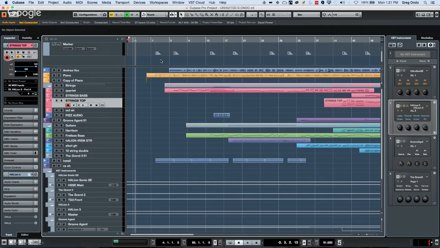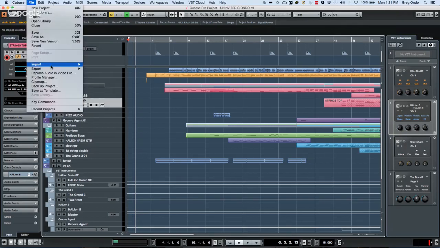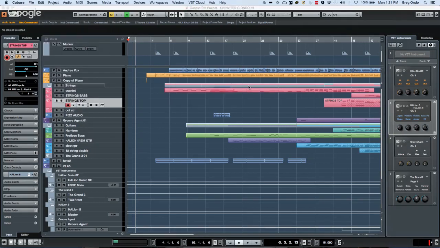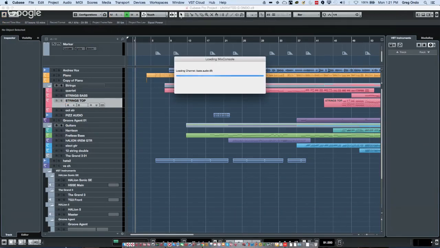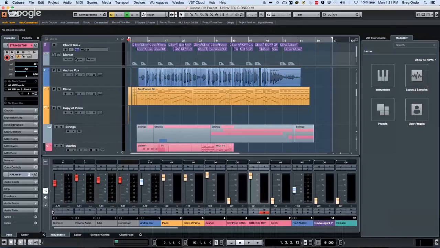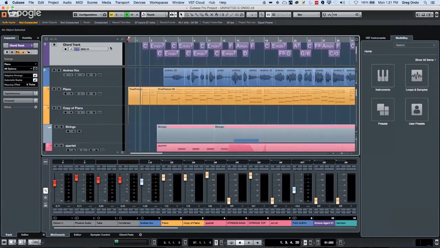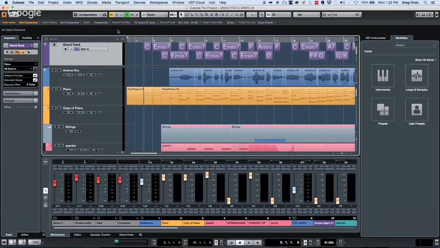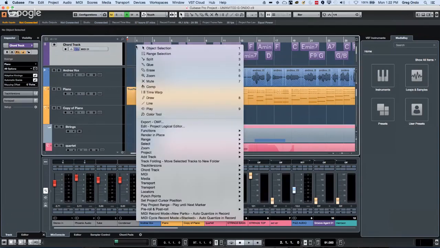Okay, a question that just came up: can you shift a chord track up by half steps? Let me go ahead and revert this project so you can see it a little better. So once again, the question is shifting the chord track by half steps. Let's say we have a particular chord track here. Let me make the chord track a little larger and more obvious to see. So if I wanted to select my chords here, and I think we could just do a select